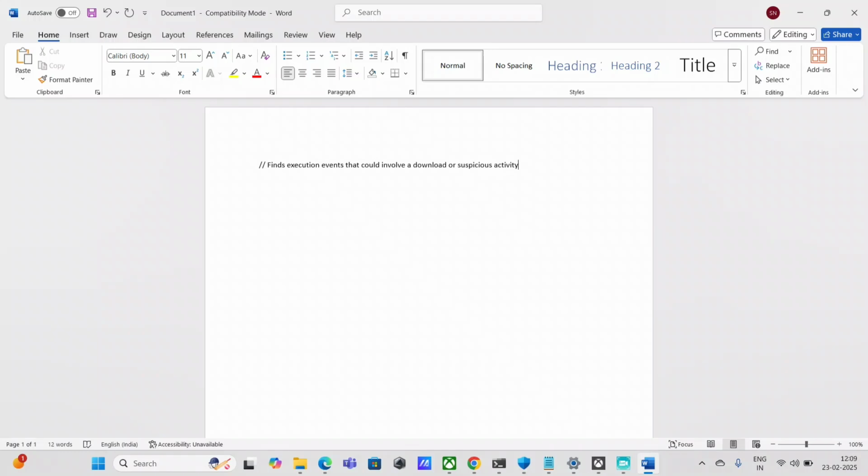Basically, a comment has nothing to do with the execution of the code, guys. It's just the logic that we want to define. It has nothing to do with the original query's execution. It's just for our understanding, or a reader's understanding, of what the functions are doing within the query, guys,